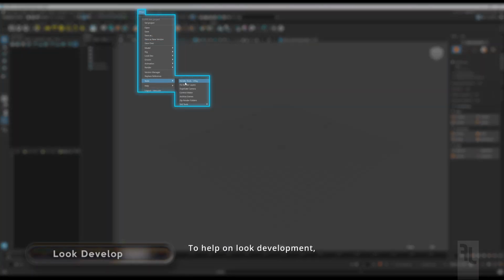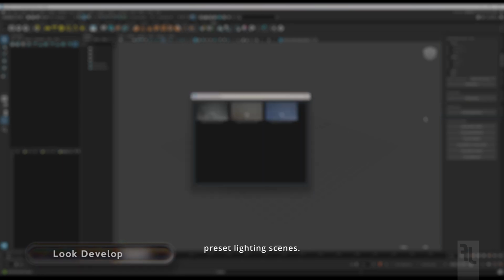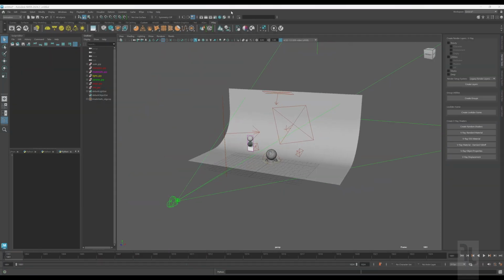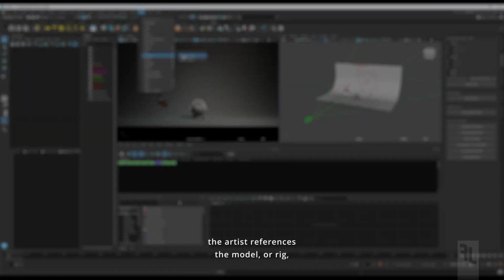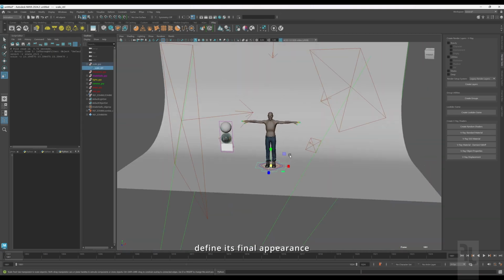To help on look development, the pipeline includes a tool that allows artists to import preset lighting scenes. From there, the artist references the model, or rig, and begins building the shaders that define its final appearance.